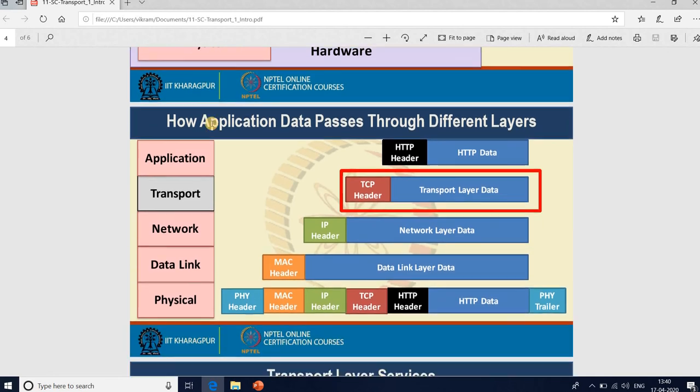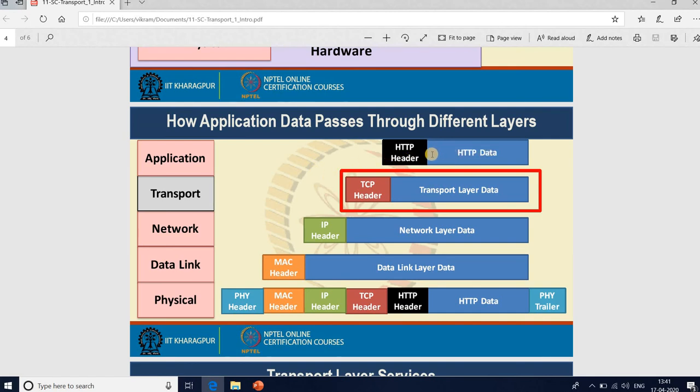So let us look into how these different layers of the protocol stack add up, with an overview of how data is passed through multiple layers of a protocol stack. This slide explains how application data passes through the different layers. In the application layer, if you think about the context of an HTTP application, HTTP stands for Hypertext Transfer Protocol, which is one part of a communication protocol of the application layer, sending data on top of the browser. So you have HTTP data that is coming from the